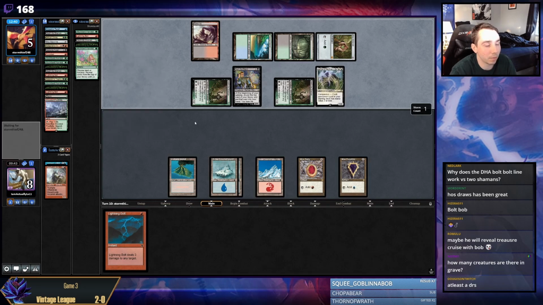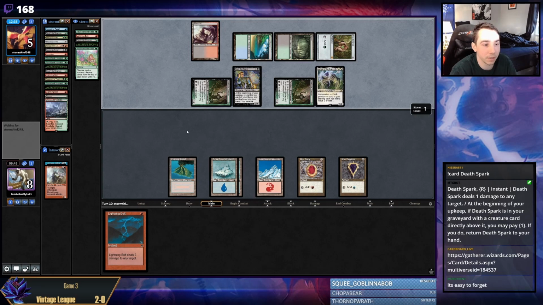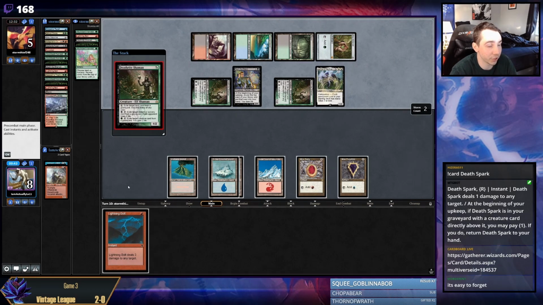Yeah, all right. Well, my opponent is playing around Sprite Dragon, I guess. So if I draw Lightning Bolt, I still win. I shuffled my library, unfortunately. Oh no, they're just playing 2 Deathrite. All right, so they just...